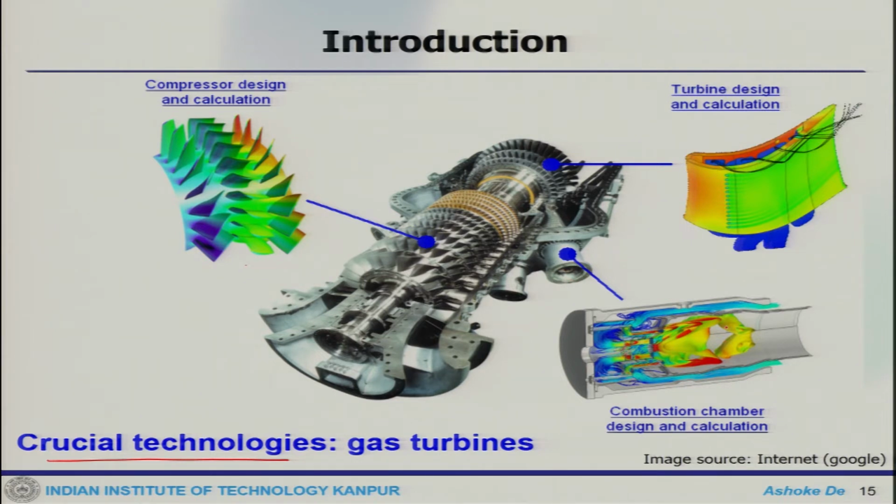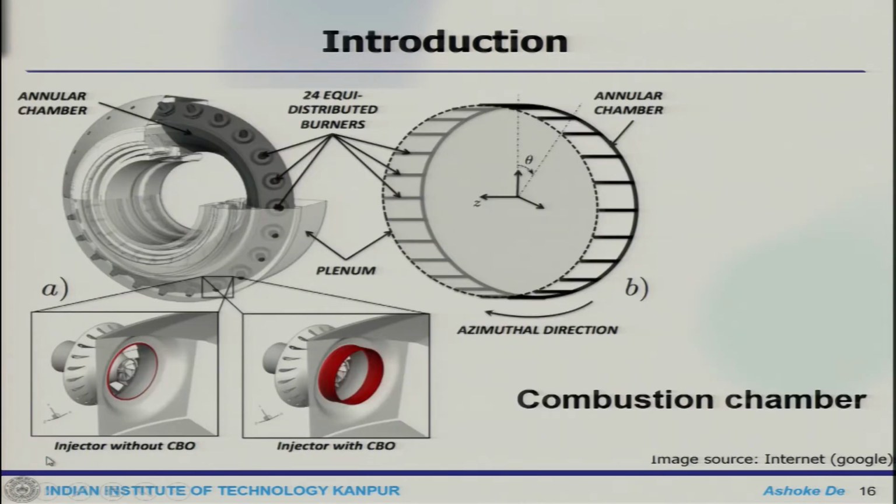You can see the compressor, the turbine components, and here sits the combustor. This is also associated with multi-scale phenomena, because when the flow passes through the compressor it has a different scale, and it enters the combustion chamber with a different scale, where the reaction goes on. Reactions take place at a different scale, and fuel is injected. If it is a liquid fuel, that brings in different kinds of combustion technologies and scales, evaporation and all these things, and finally it goes out to the turbine. So technology-wise, this is quite crucial.